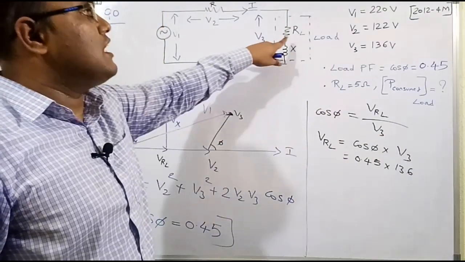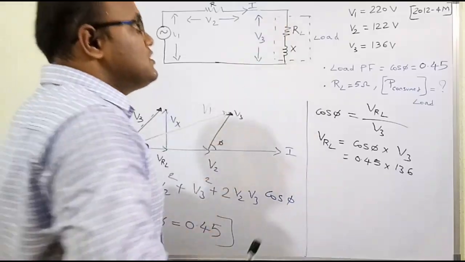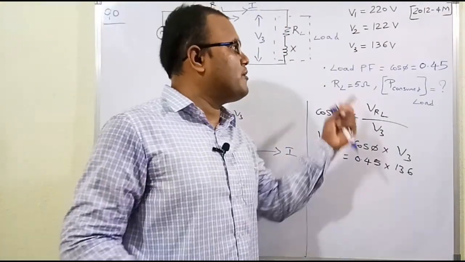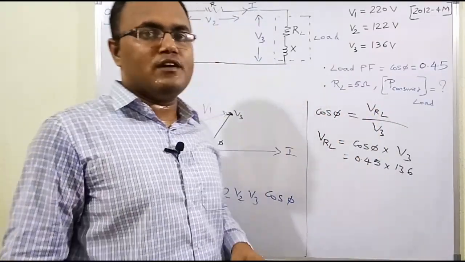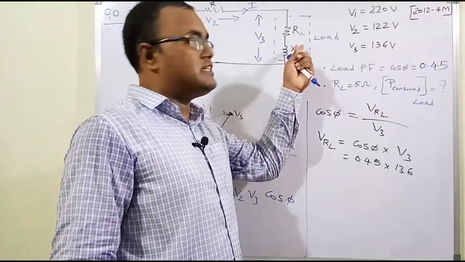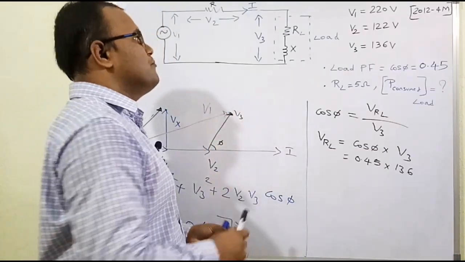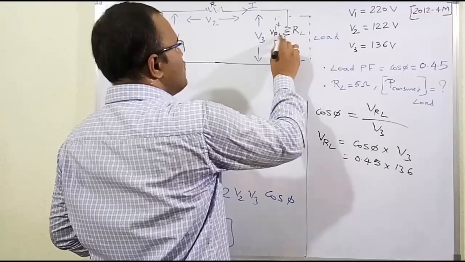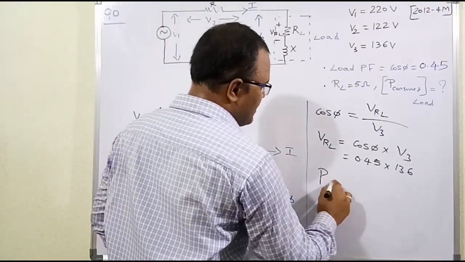So we need to find the power consumed by the load. See, inductance doesn't consume any active power. Here the power means active power that we need to find. So the inductor will consume only reactive power, and it doesn't consume any active power. Therefore, in the load there is another element, which is the resistive load. Only the resistive part will consume the active power. We know the voltage across the resistor RL is VRL, which is already known. Therefore the power formula is V square by R.